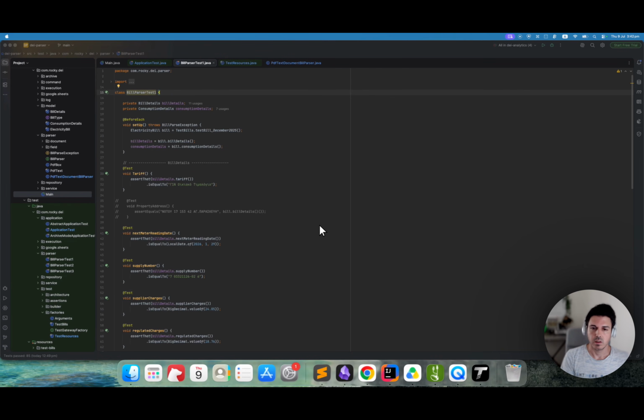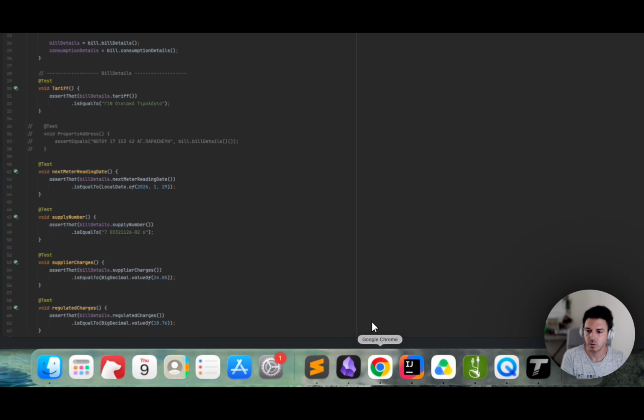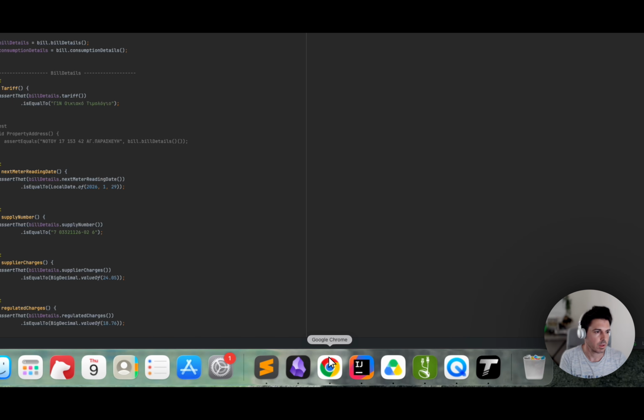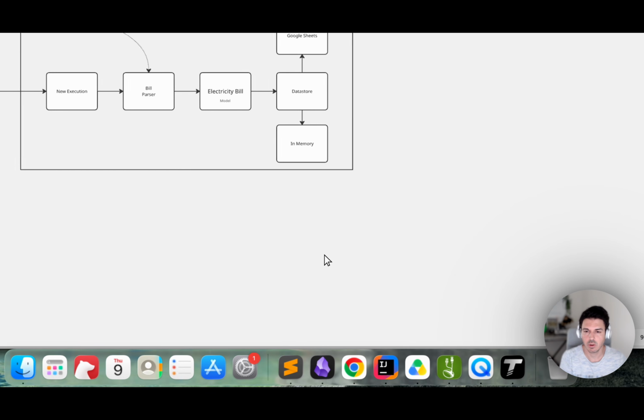To illustrate in this example how you can design your test suite in a way that allows for performance improvements, we're going to use the electricity bills application I've made for myself that takes electricity bills and uploads them into a Google Sheets API. So without further ado, let me open the design of the app and show you how